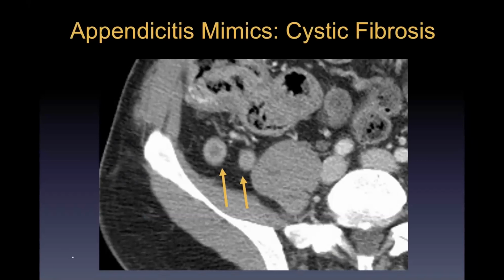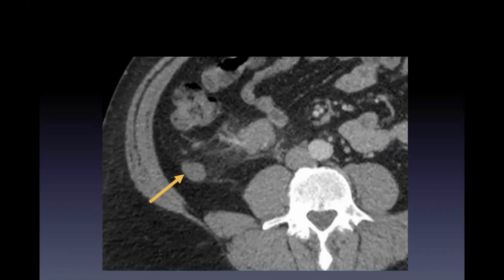This is a case of cystic fibrosis. We actually have a large population of adult cystic fibrosis patients here, and patients with cystic fibrosis can have bowel wall changes. You can get thickening of the wall of the right colon, and they also develop big fat appendices. So you never want to call appendicitis in a patient with cystic fibrosis just based on the size of the appendix. They absolutely have to show inflammatory changes. Otherwise, you're just going to overcall it all the time because they all get these big appendices.